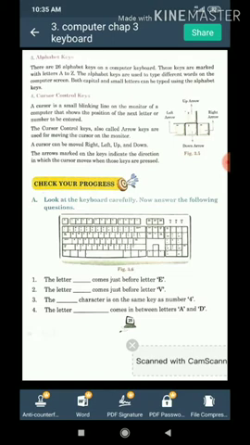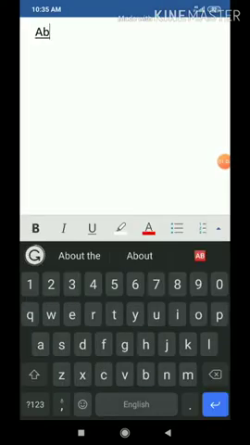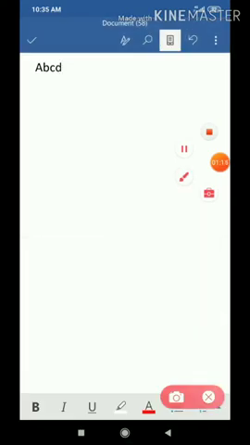So what we type now will be shown there. Suppose I am writing A B C D. So I wrote A B C D, and my cursor is right after D right now.